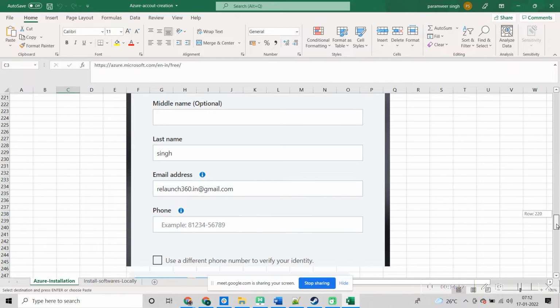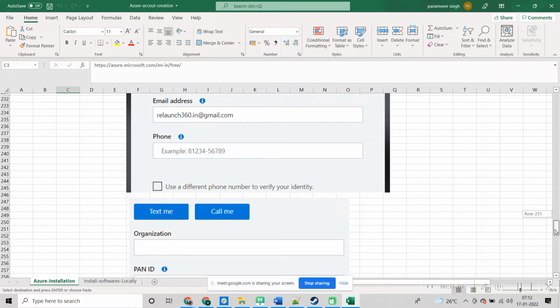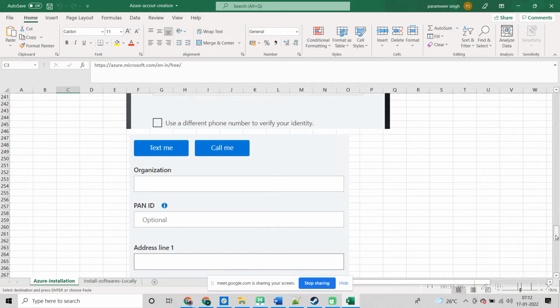Then you need to input the required things, like phone number and all mandatory items, and they'll ask you for the PAN ID also.